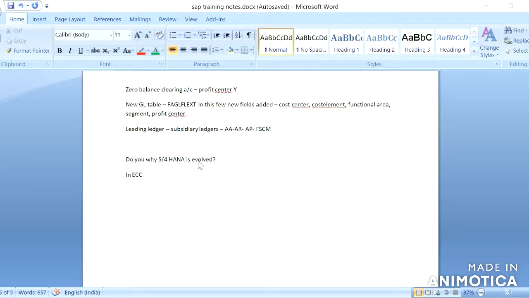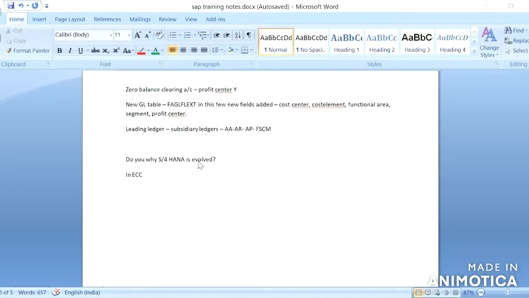As we all know, to post a single transaction in ECC, it has to update many tables in the background. To update header data, it uses PKPF. For line items, it uses BSEG. And for index tables, PSIS, and FAGLFLEXA for the totals table. So it has to update many tables, and when we have to generate reporting, it has to pull the information from each and every table and display the report.